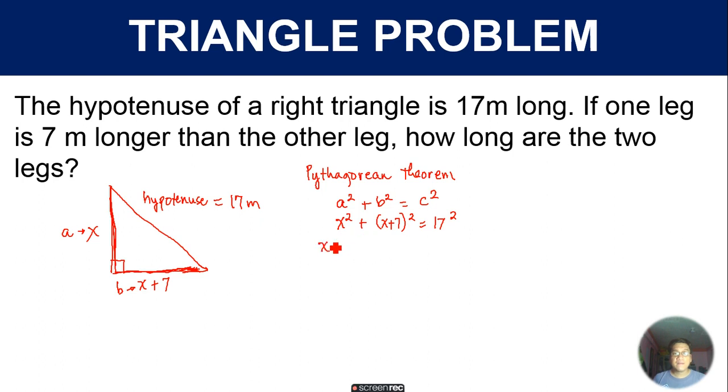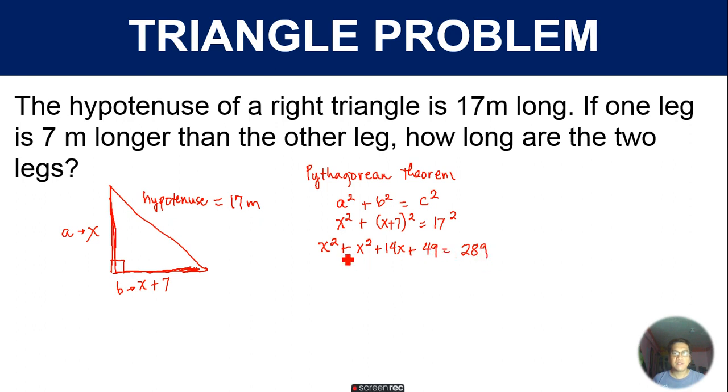So, x squared plus x plus 7 squared, which is the square of a binomial. Again, you learned already about the square of a binomial. So, this will become x squared. The middle term will be twice the product of the first term and the last term. So, 2 times x times 7, that will be 14x. So, x squared plus 14x plus, get the square of the last term: 7 squared will be equal to 49. And then, 17 squared will be equal to